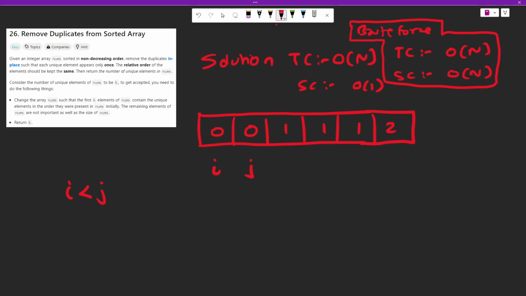So here first I is 0 and j is 1. We can see 0 and 0, both are equal, so we will increment j, so j will become 2. Okay, now I is 0 and j is 1, so we know that these are not equal, so again we will be incrementing I, and our array will be